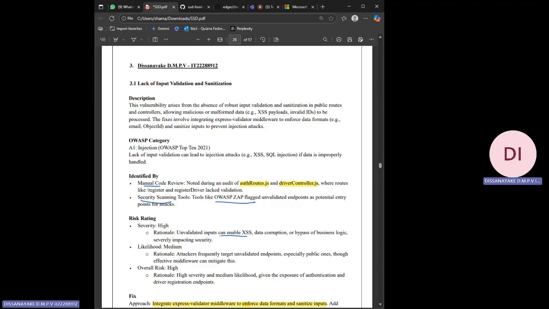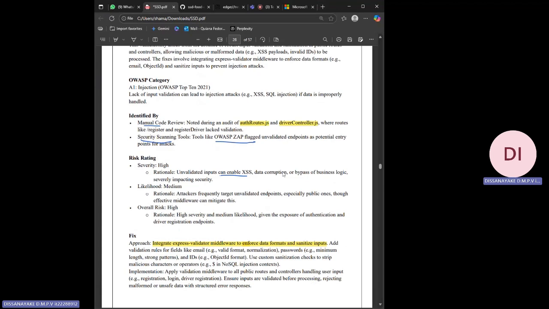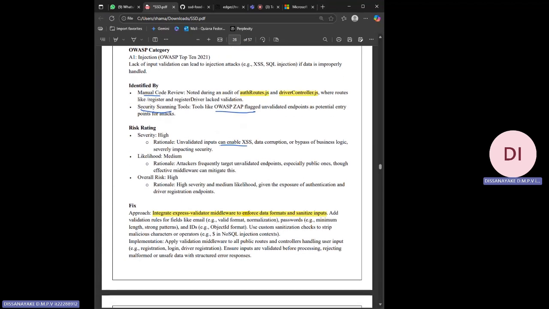It checks if data follows the correct format, for example, verifying if an email is valid, if a password meets the length requirements, and if IDs are in the correct ObjectID format. It also sanitizes inputs to remove malicious characters. After implementing this, when users send invalid or dangerous data, the system safely rejects it with a 400 validation error. This prevents injection attacks